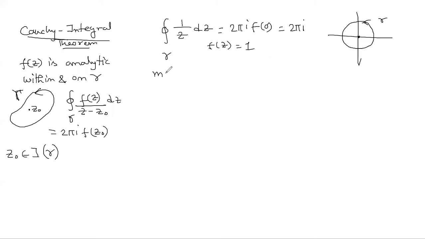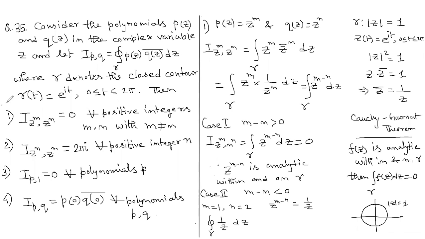So here we can see for m equal to 1 and n equal to 2, the integral over gamma of z power m times z bar power n is equal to 2 pi i. So whenever m is not equal to n, the value is not always 0. So the first option is incorrect. Now regarding the second option,